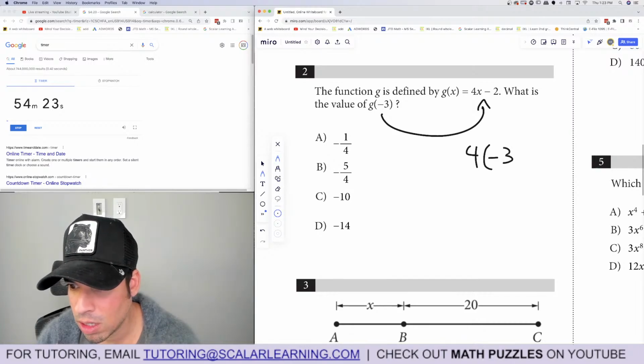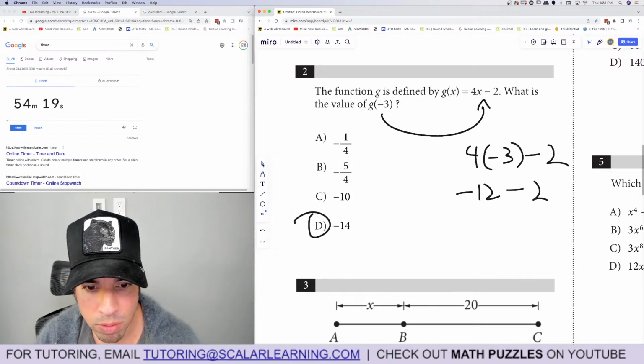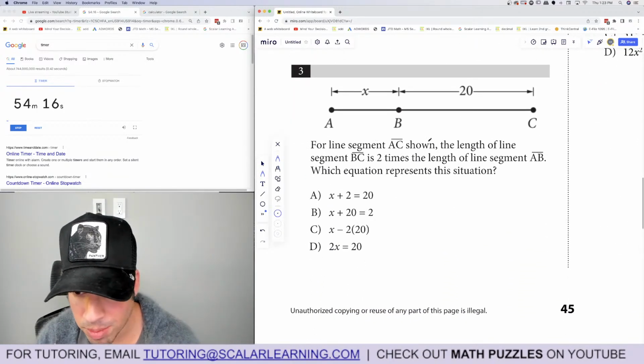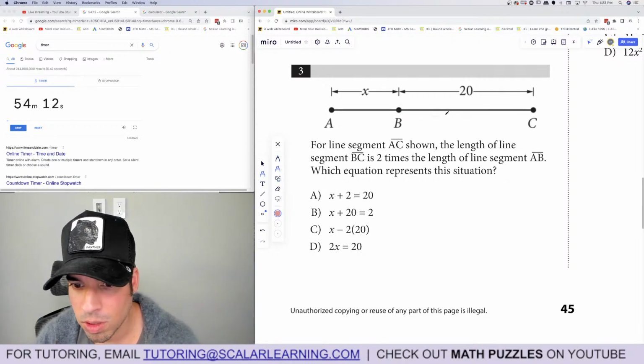We replace it right there with -3 minus 2. That's -12 minus 2 is -14. Boom, done. Number 3. For line segment AC shown, the length of line segment BC, this one,